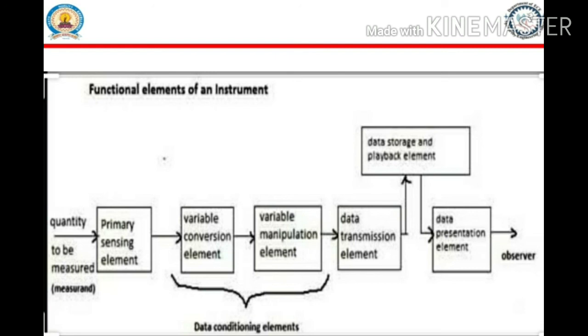Coming to the second stage, the intermediate stage, where before you calibrate and express the output, it needs to be processed with several different processes. Whatever pre-processing and different jobs you do in the intermediate stage are nothing but variable conditioning and variable